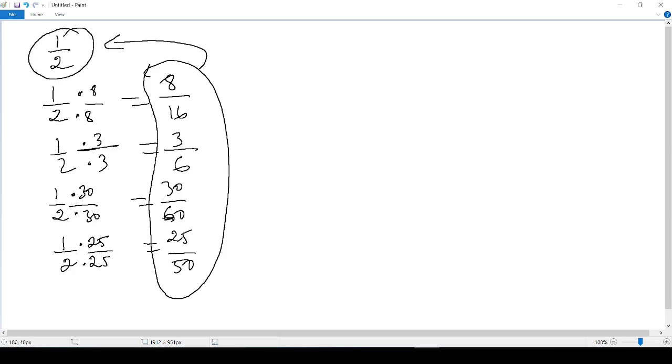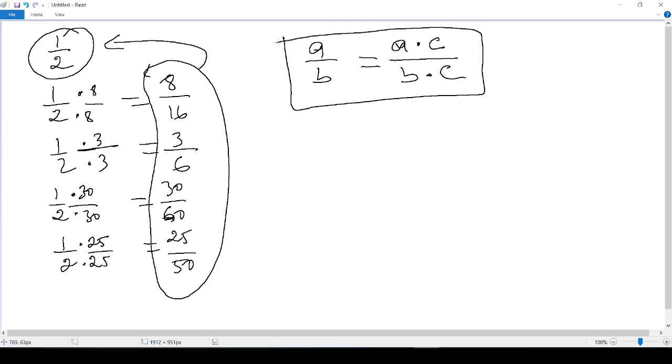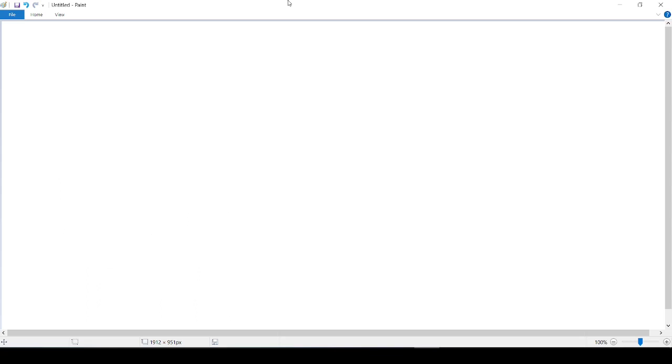So to find the equivalent fractions to a given fraction a over b, we just multiply both the numerator and the denominator by a same non-zero number c, right? So c is a non-zero number. This is the general formula. We multiply the numerator by c, and we multiply the denominator by c, c being the same number and different from zero, correct? So now let's talk about